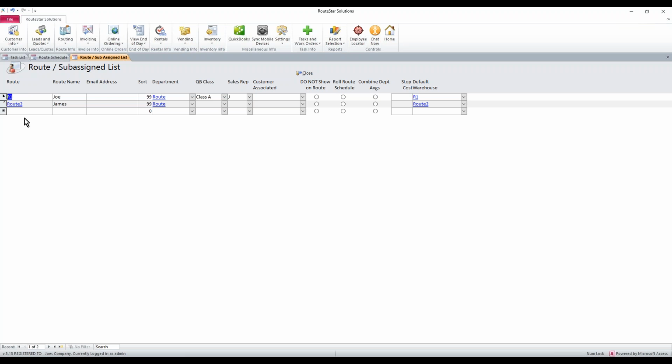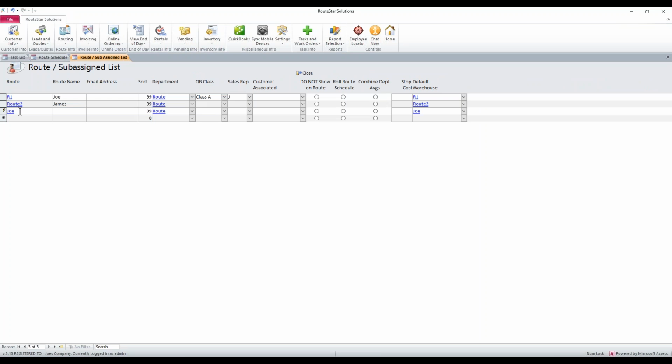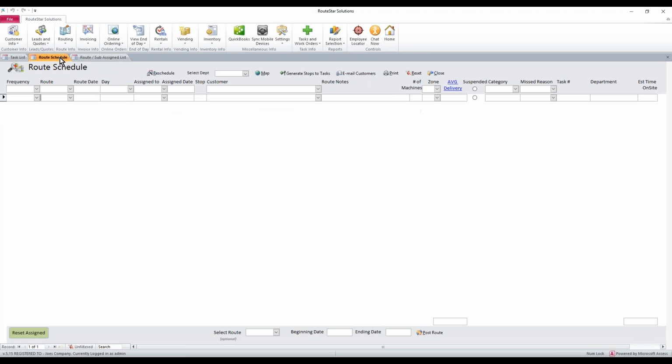And the reason why, let's say you name these Joe. If you named one of these Joe, it'll show up as Joe on your route schedule, and maybe you assign 100 routes to Joe. And then Joe just decides he's not coming in tomorrow. He's done with the company. He doesn't want to work anymore and do what he's doing. What's going to have to happen is you're going to have to get back in here, adjust the route schedule, disable Joe, create the new user, and then take every route, all 100 of them, and reassign them from Joe